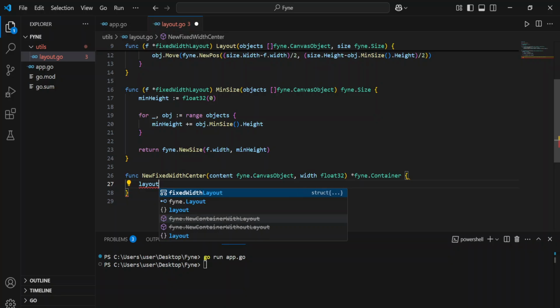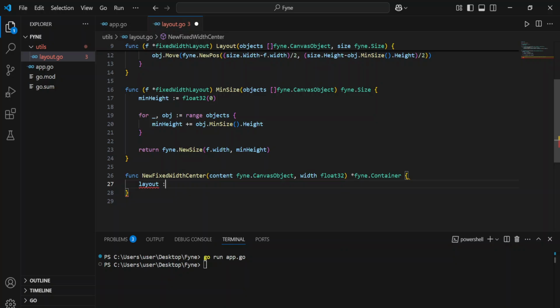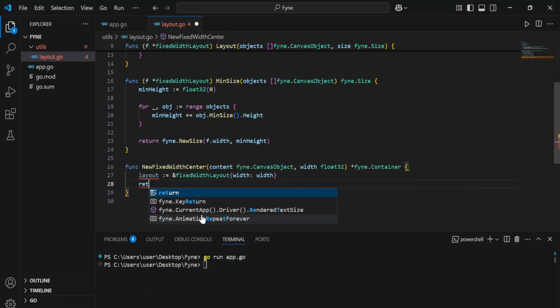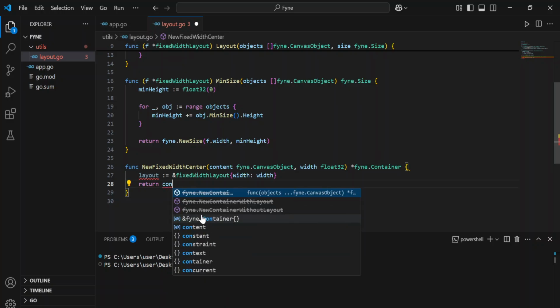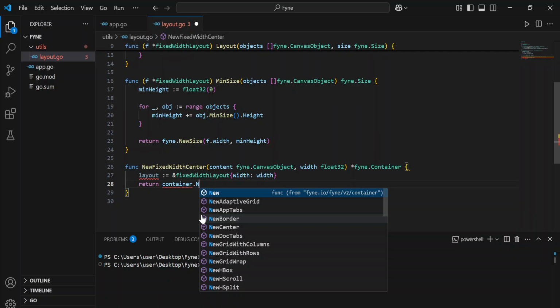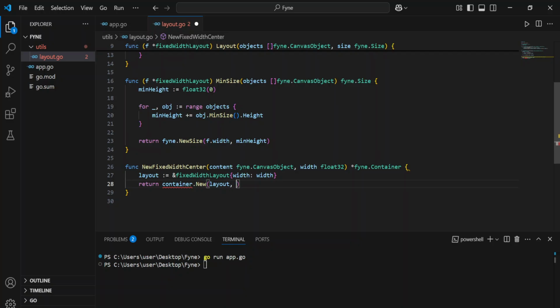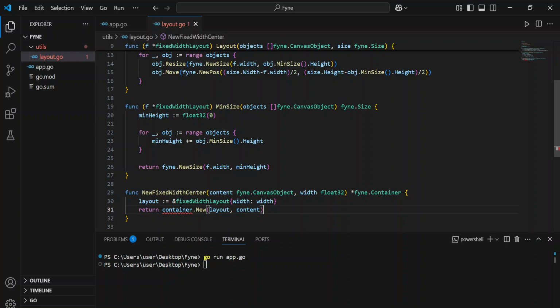The form, that is layout, so that we're going to reference the fixed width layout, which is going to accept a width that we're going to supply, and then we're going to return container.New. We're going to supply the layout that we provided and the content that has been provided. So this content is going to be either a form or anything else. So we can use this layout here. We can come back here,